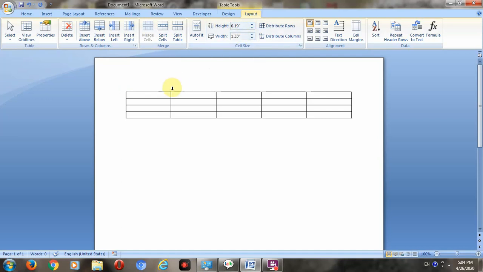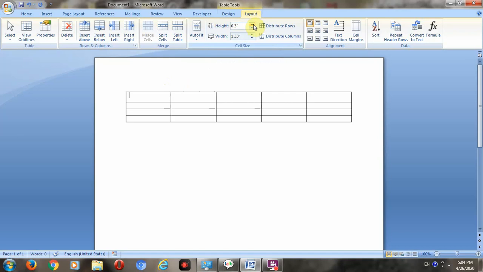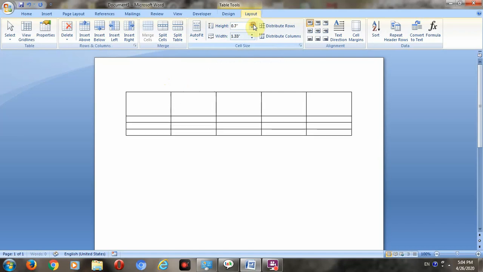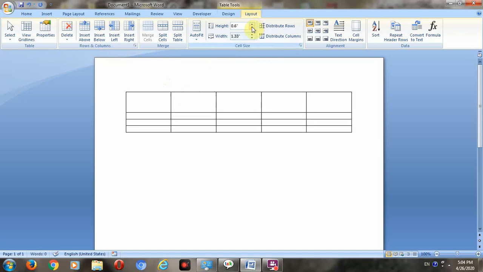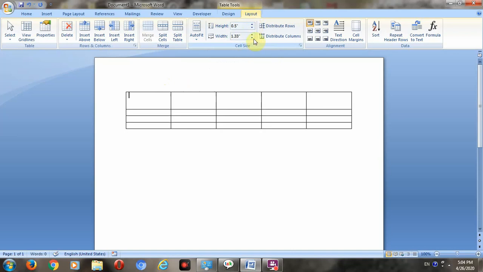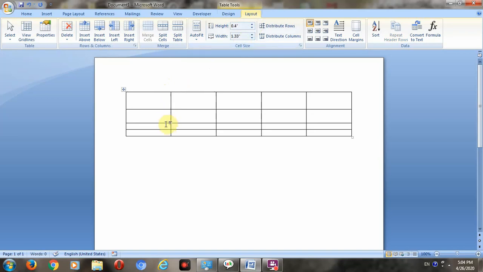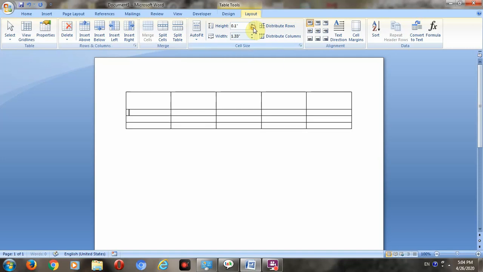First I want to increase the table height, so for this you have to click on this one. Next I also increase the table width. This way I can increase the table width.